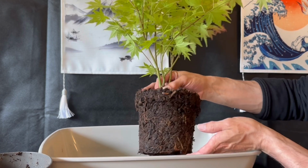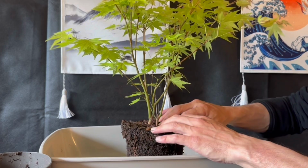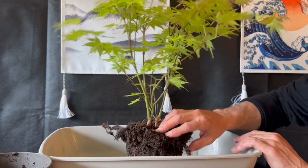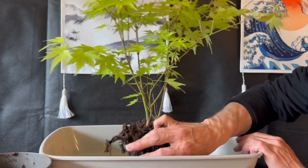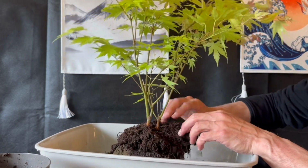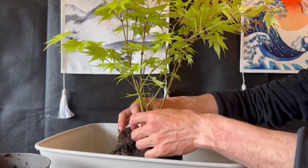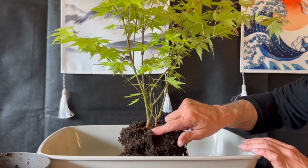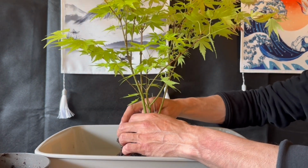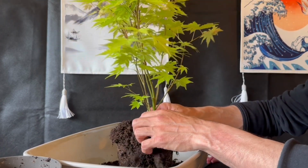All right, as you can see guys, we've got some really healthy roots there. I'm just going to try and have a look. Just going to take it off slowly and nicely, and not go too deep, because I want the roots intact. I don't want any damage to these roots at all. So we've got 1 root there, as you can see. There's 1 root there, which is good. And we've got some more roots there, so maybe I could actually